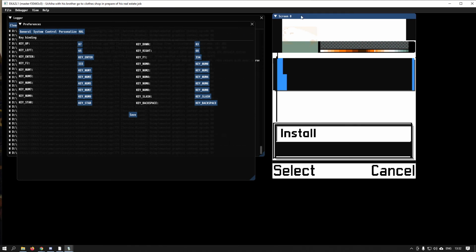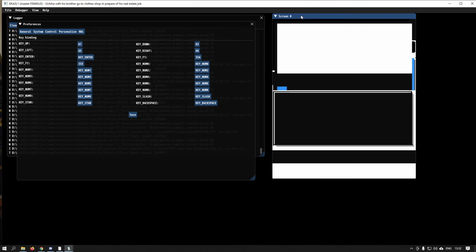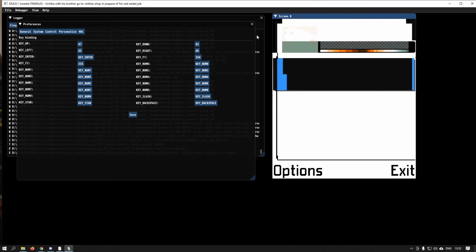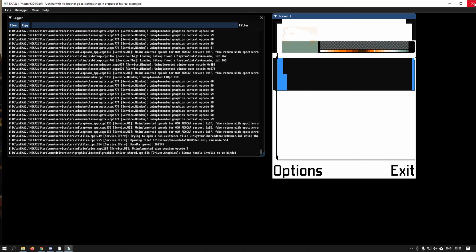We've got two options here. We've got install and exit. So we want to click on install. There's no cursor, so you just need to kind of guess. Click on install with the select button again, and that'll install the app. That beep means that it's successfully installed, hopefully, which then we can go ahead and close out of the emulator,